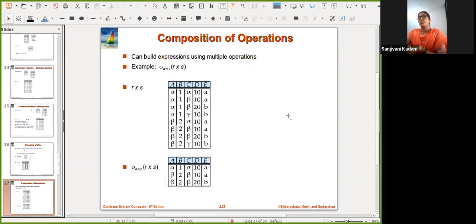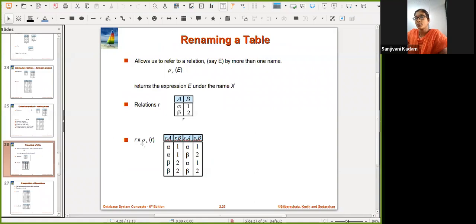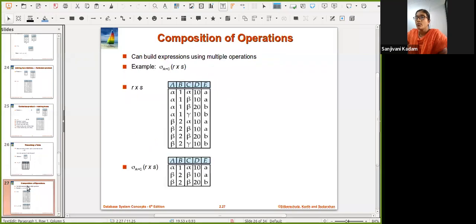Then next, composition of relational operations. Here we can perform multiple operations. The Cartesian product is given by the multiply sign, which multiplies two relations. Now we can perform multiple operations on given relations. Here I am performing the Cartesian product and also a select operation. Composition of operations means that we can combine whatever operations we have studied, that is set difference, select, project, set union, set intersection, etc. We can combine multiple operations simultaneously.